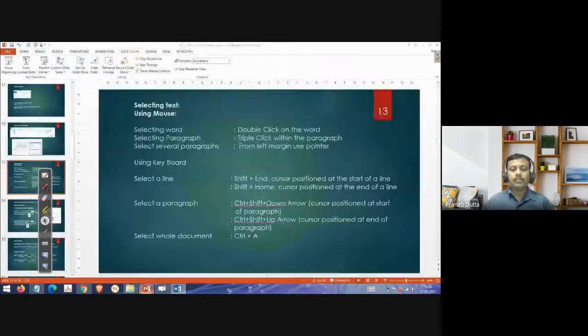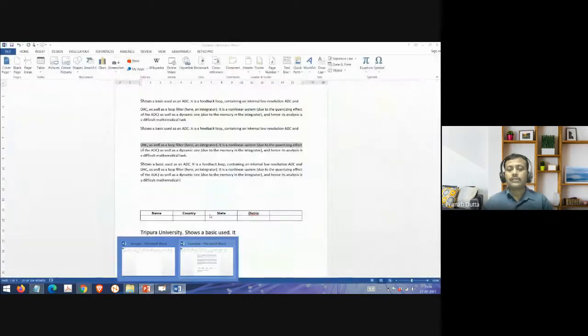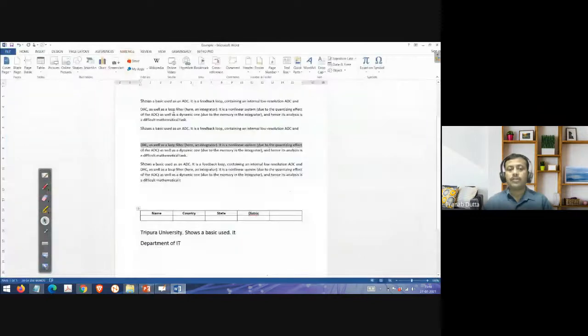Now, if you want to select a paragraph, put the cursor at the start, then use Control Shift up and Control Shift down. Suppose this is the paragraph I want to select. I put the cursor at the beginning. Right now I'm not going to use the mouse.